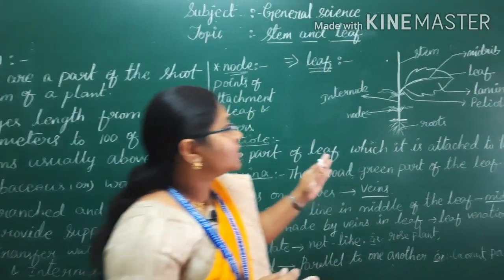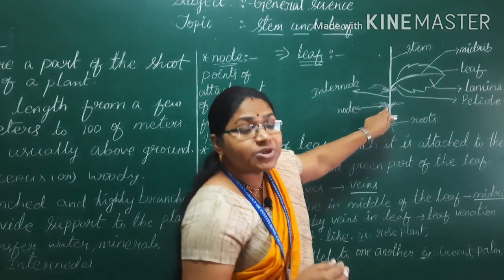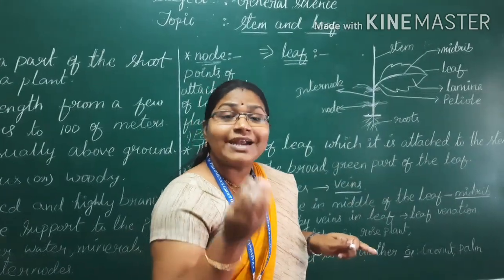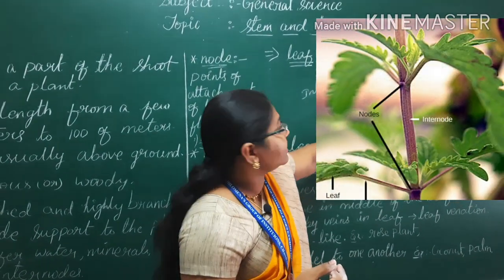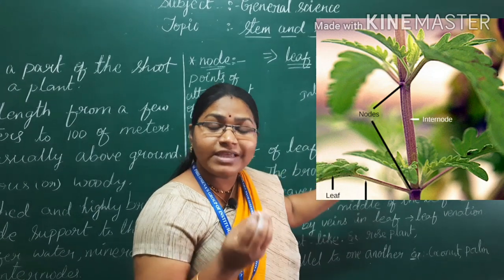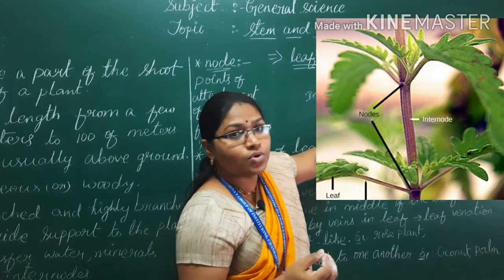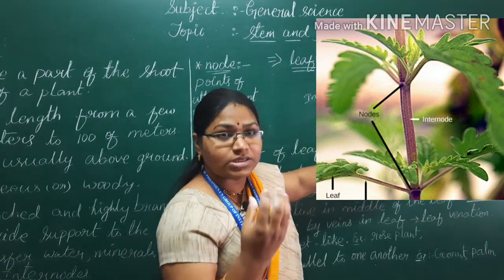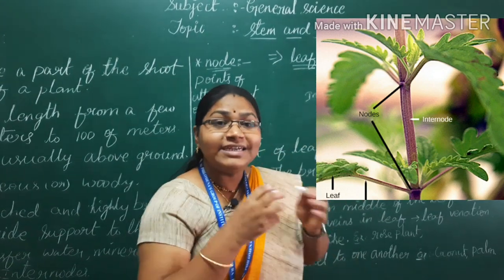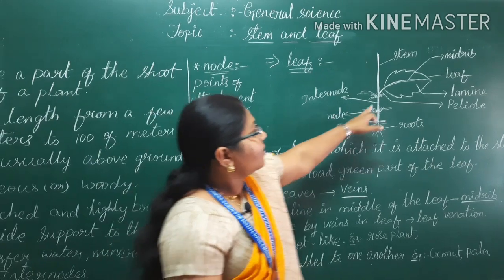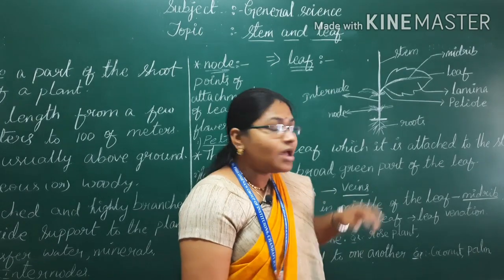And here, if you observe this diagram, this is the point where you can see the attachment of leaves, flowers and aerial roots, which we call nodes. This is one node and this is one node, meaning the attachment of leaves and flowers we call nodes. The gap between two nodes, meaning the stem part which is present between two nodes, we call an internode. What is the internode? The stem part which is present between two nodes we call an internode. And what is the node?